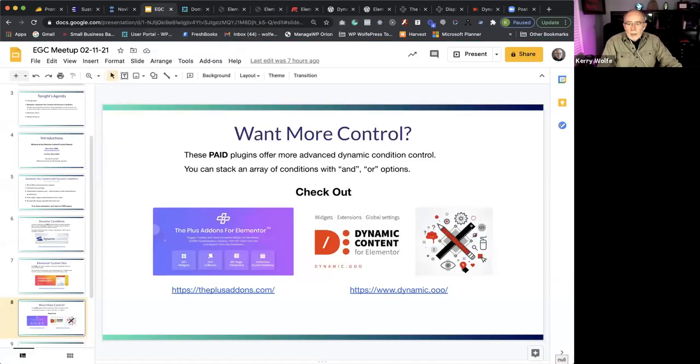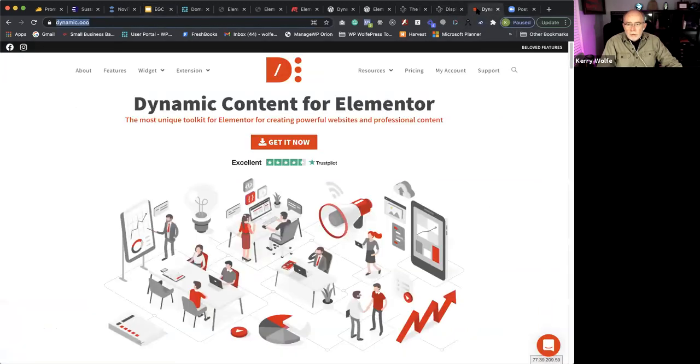And then the dynamic content for Elementor. I have not used this one, but I've seen a number of tutorials on this by Paul C. at WP Tuts. He's got a very good YouTube channel. The challenge with this is it doesn't have a lot of documentation, and it's kind of hard to figure out. Whereas with the Plus add-ons for Elementor,